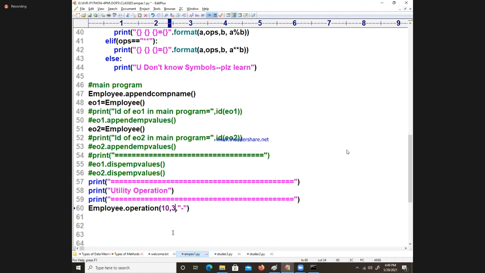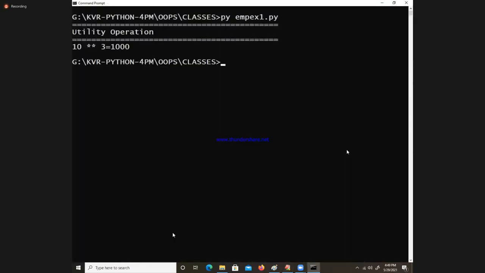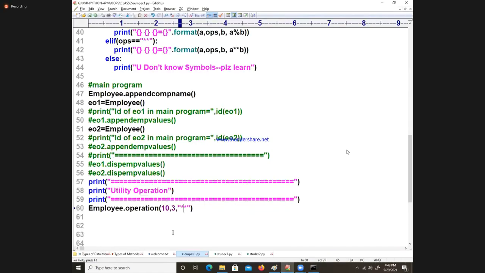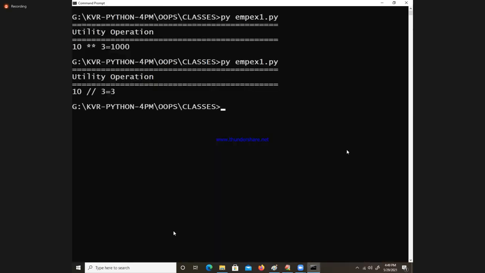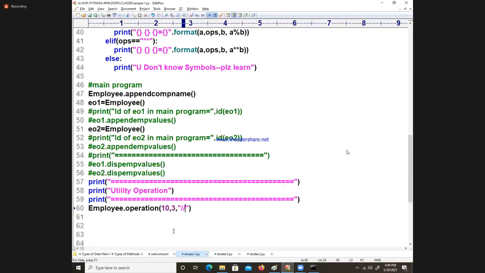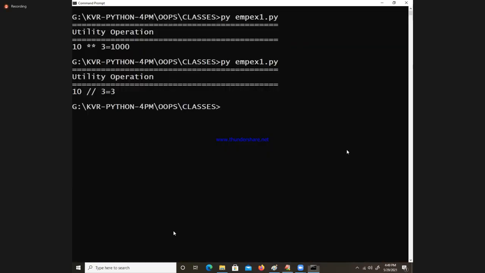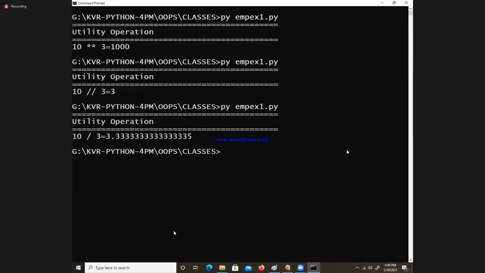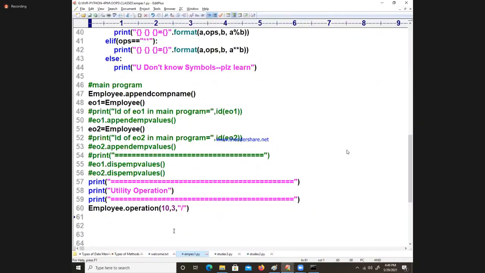Say something like 3 star usage. Say 10 star 3, 10 cube. You say slash, now you will get the quotient. Next you say modulus. Anything you pass, it's like a calculator application. Okay. Now you say percentage.